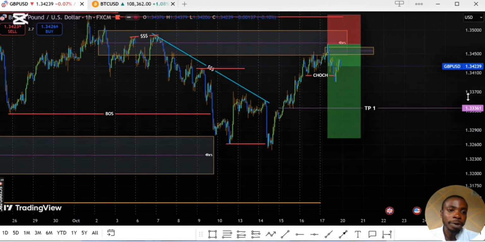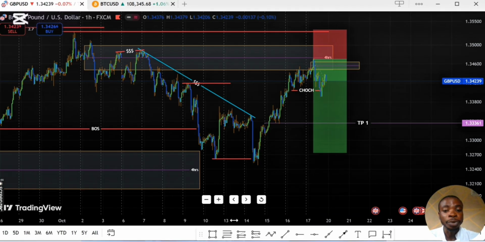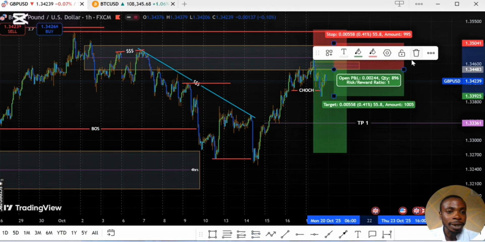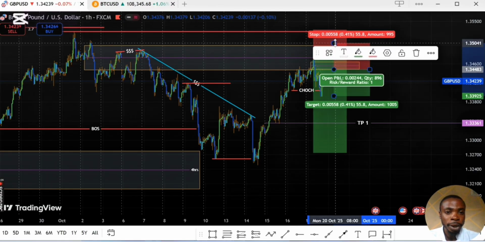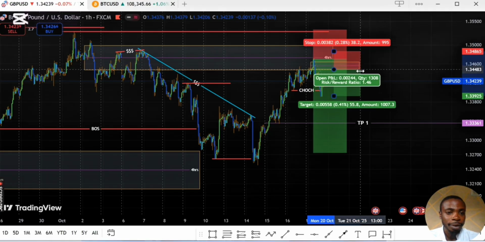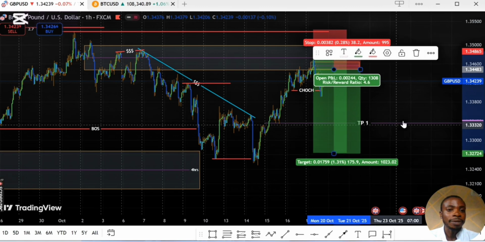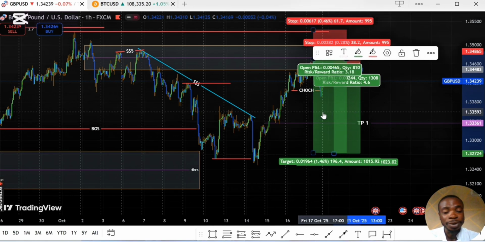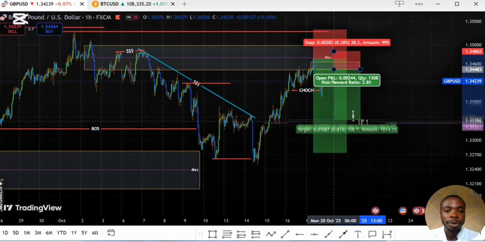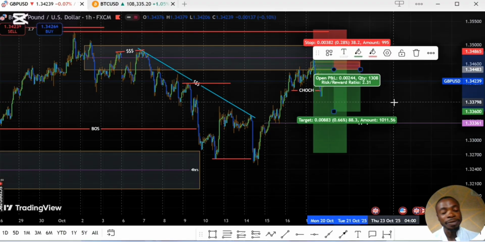I know at this point some persons, or some other strategy users, will say that the risk to reward is more, even if it takes you out 3 times, or even 7 times, and you get to take 2 wins, it is way better. But for the sake of my psychology, I like to do it, because if you observe this one to here, this is now 4.6 risk to reward, while this one is just 3.1 risk to reward. And first TP, it should be here, 2 point something. Yeah, 2.1. That's where I always put my first TP.